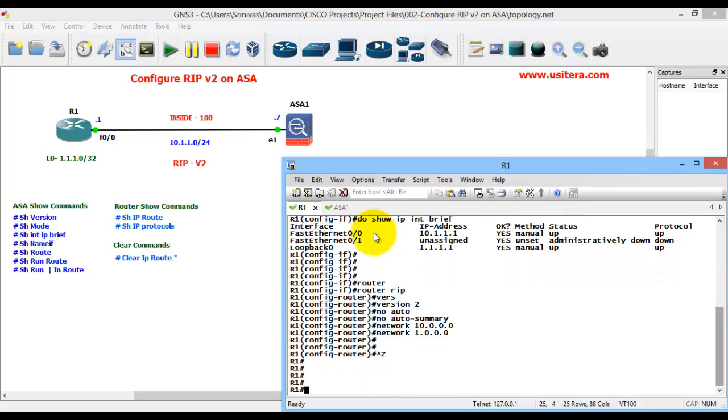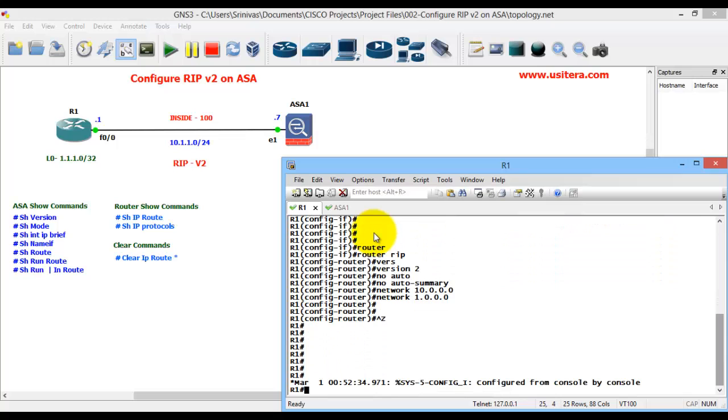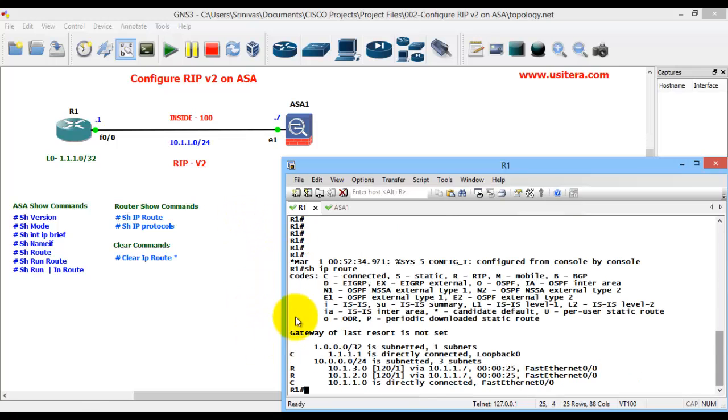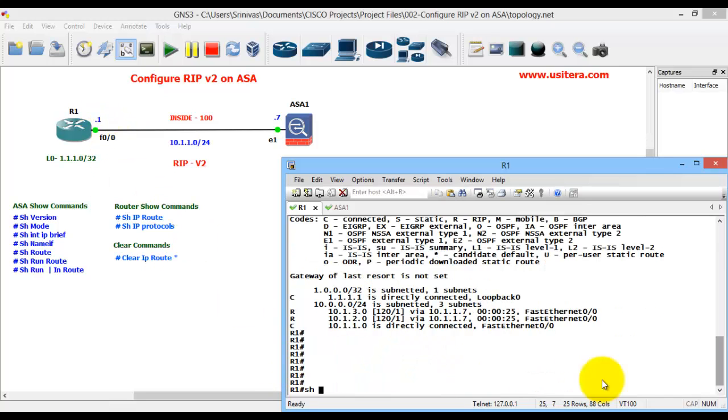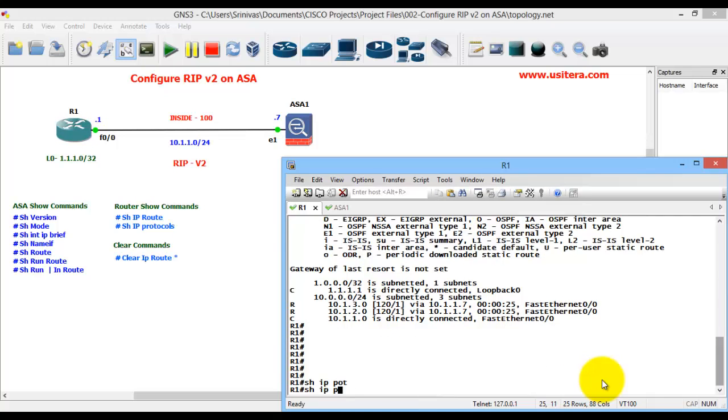First we show IP route. 1.1.1.1 is a connected route, and 10.1.1.0 is also a connected route. Show IP protocols.